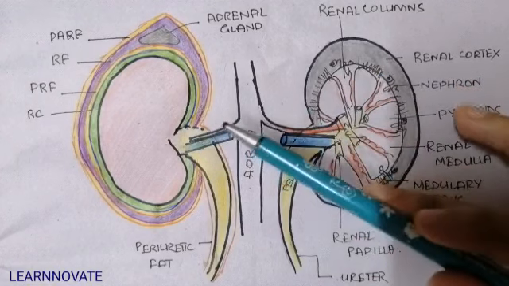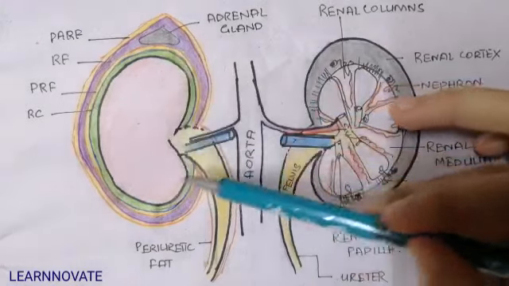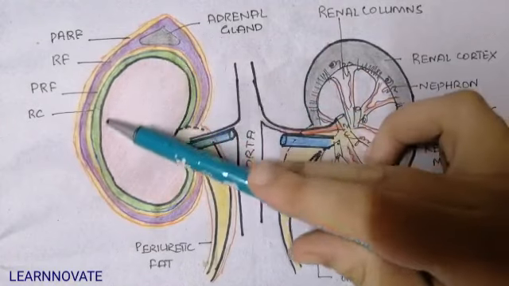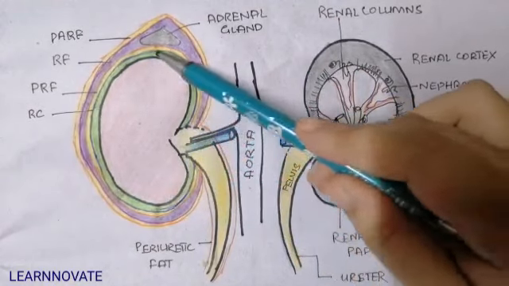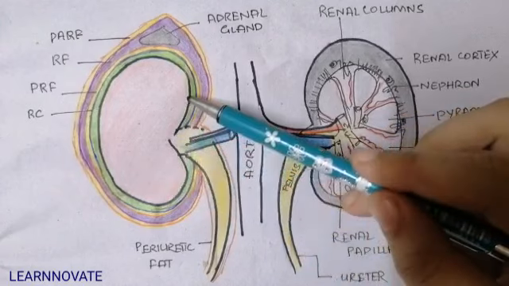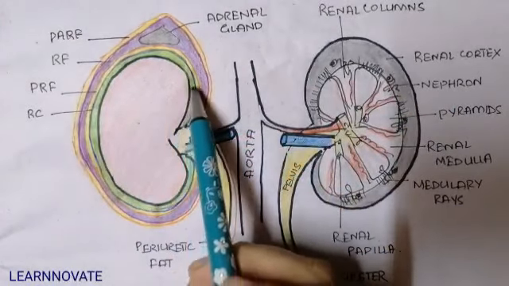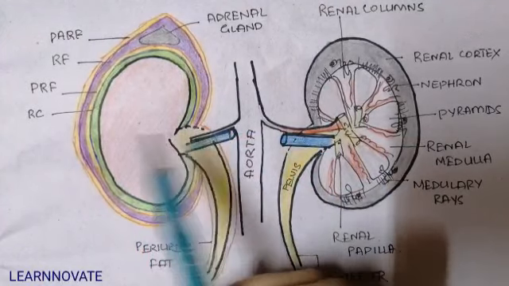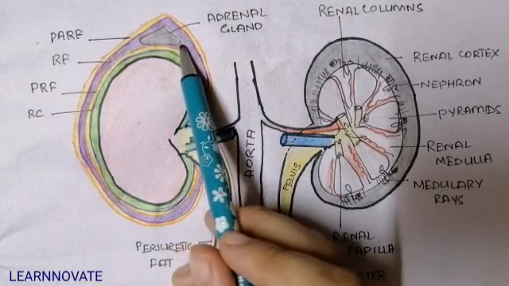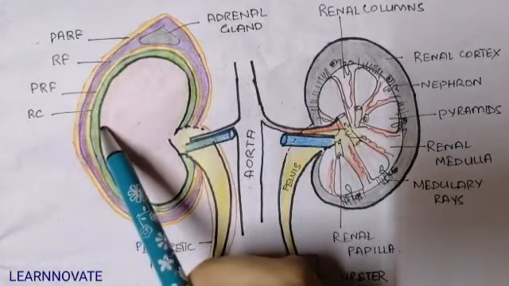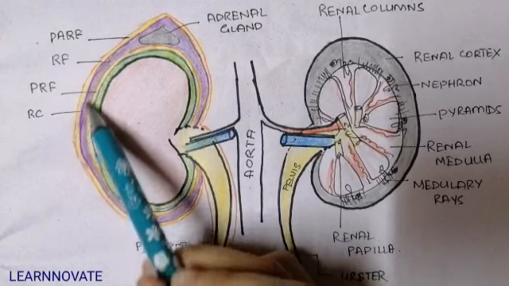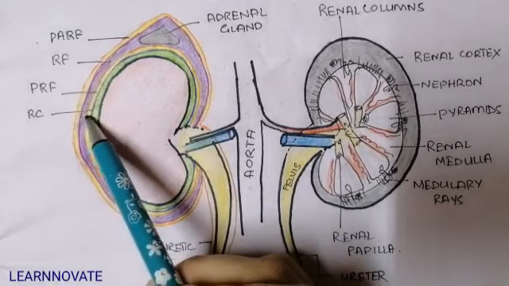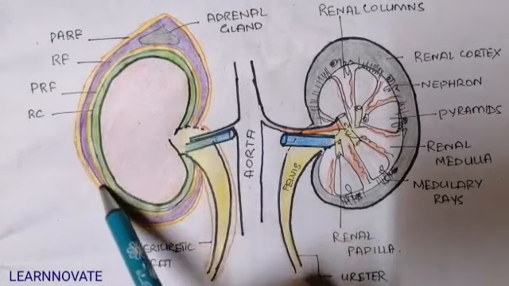Now in the second diagram, we can see the structures present outside the kidney. The first structure we can see outside the kidney is the covering called the renal capsule. The renal capsule is formed from collagenous fibers and elastic fibers. Type 4 collagen forms the capsule that surrounds the kidney. Then outside the renal capsule we have a layer of fat, called the perinephric fat, that surrounds the renal capsule. Then outside the perinephric fat we have another layer of fascia. This, in purple color, is called the renal fascia.